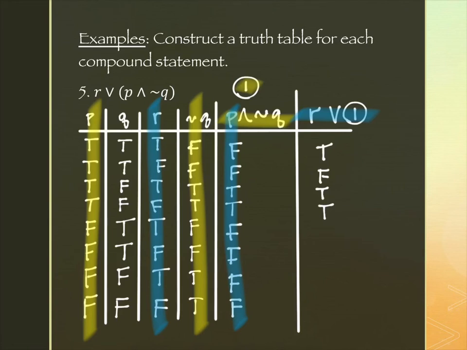Row 5, I have true, false. True. Row 6, I have false, false. False. Row 7 is true, false. True. And the last one's false, false, giving me false. This would be the complete truth table, and you all say, thank you so much, Dr. Hans,